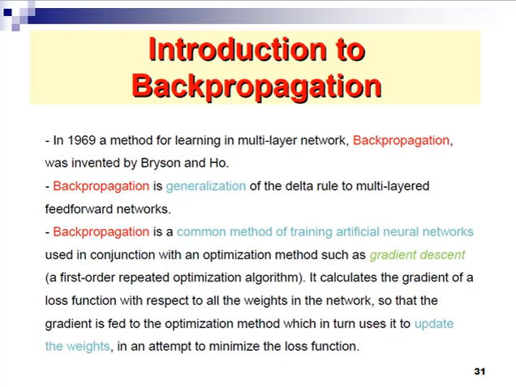So today we will discuss another learning mechanism, which is the backpropagation algorithm, which is used to train a neural network, which means that we will be adjusting the weights of the neural network through a backpropagation mechanism. So let's start, and let's dig a bit deeper into the backpropagation algorithm. This was proposed in 1969, and it is a generalization of the delta rule, which we discussed in the last lecture. Backpropagation is a common method of training artificial neural networks used in conjunction with an optimization method such